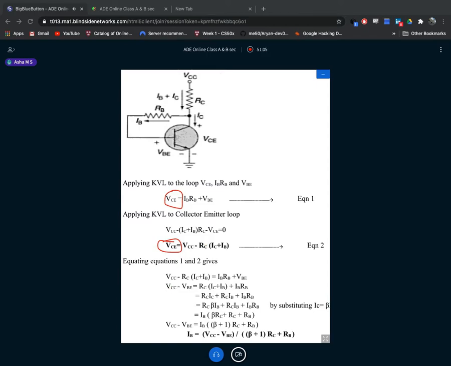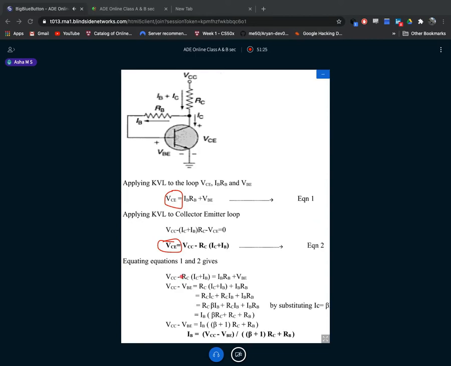So what am I doing? I have considered the RHS of both the equations 1 and 2 here. This is the RHS of equation 2 and this is the RHS of equation 1. This thing they have skipped in the textbook, and this is what we have elaborated in the notes. In case you get confused, you can refer to this one.